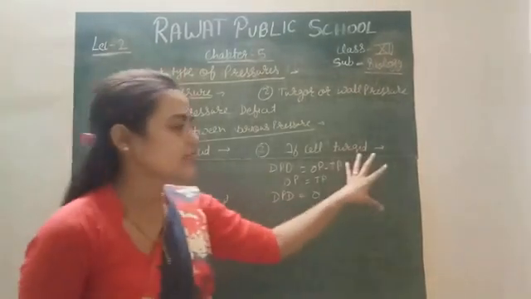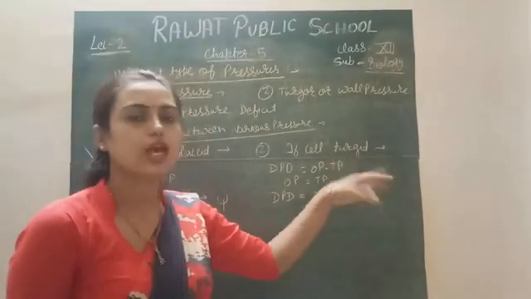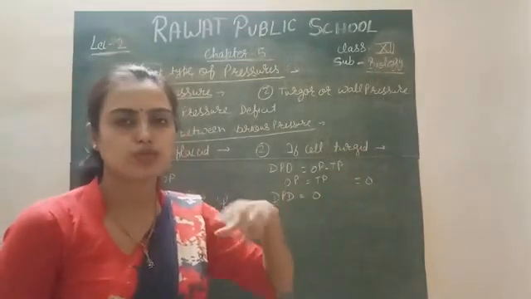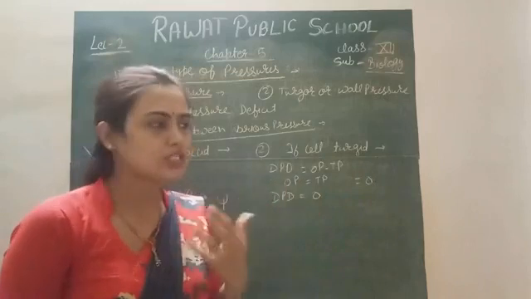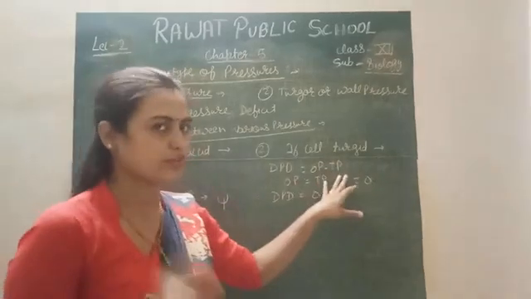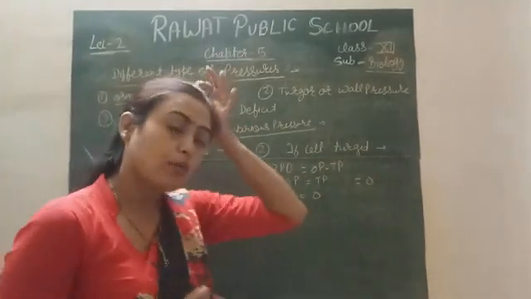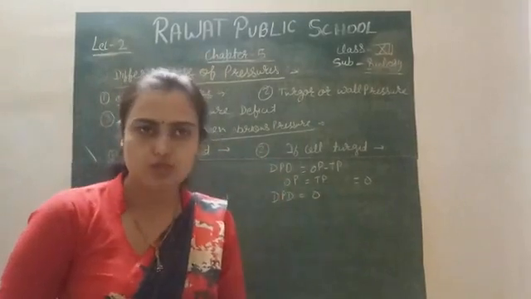Next, if your cell is turgid, it means you put your cell in a hypotonic solution, and continuously due to endosmosis it becomes turgid. It means turgor pressure will be present in that condition. Turgor pressure will be there. Okay, now we will talk about the osmotic pressure. Will there be osmotic pressure?